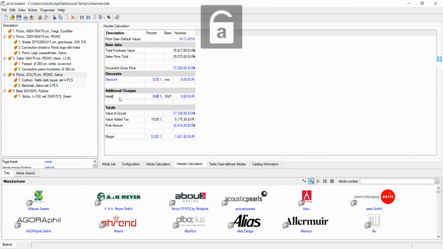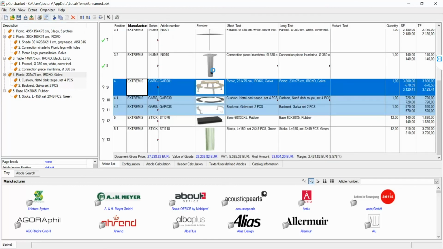So let's say installation costs. If you don't know how much the percentage is, you can also just type in the number that you want to have. So let's say 1,000 euros. And then when I go to my preview,